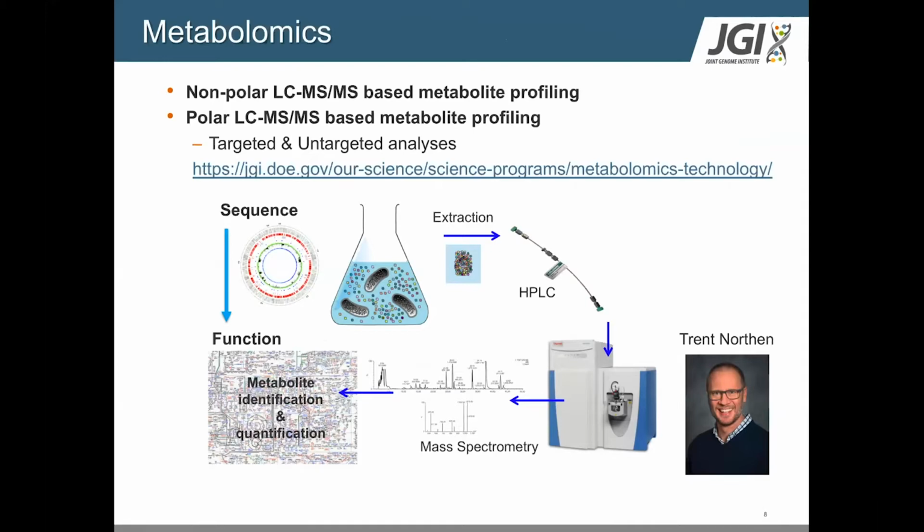I'll talk about the user programs. In particular, we have a user program that allows you to use JGI's capabilities complementarily with EMSL's user capabilities, and it's called the FICUS call, and we'll talk about that in a second. What it allows you to do is submit one application to both user facilities and take advantage of the individual capabilities in both locations under one study.